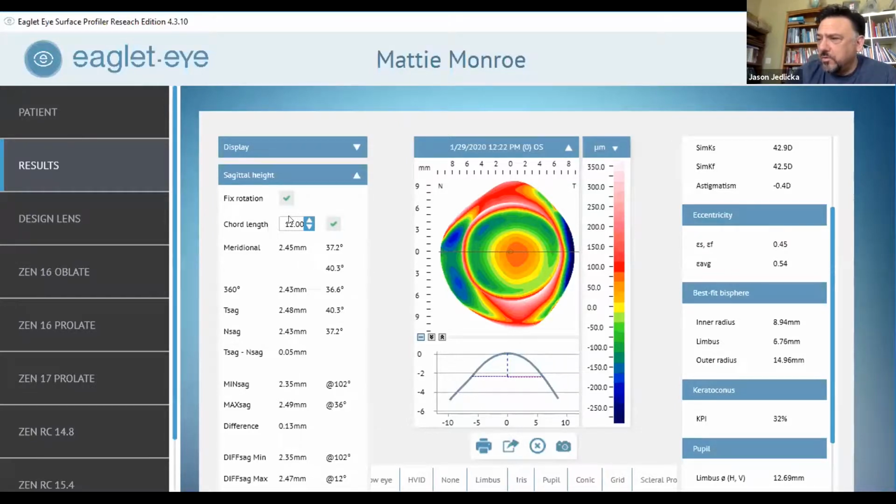But looking at these chord length differences at different diameters gives you an idea of where this elevation difference between the two eyes comes from. And if, again, that elevation difference is happening inside the area where that lens is vaulting, then is it helpful to build in some of the elevational difference inside the landing as opposed to putting it all into the haptic? So any questions about that?